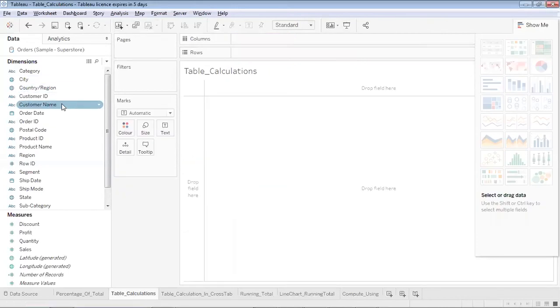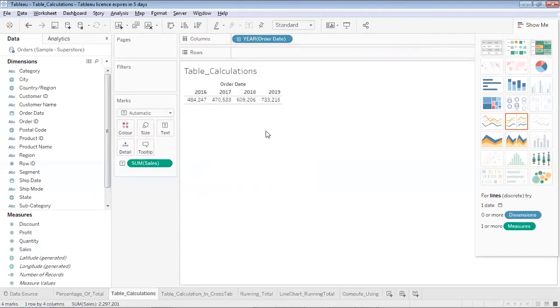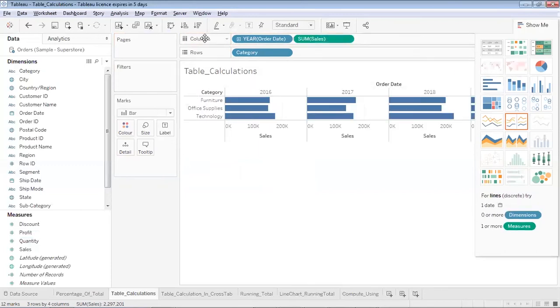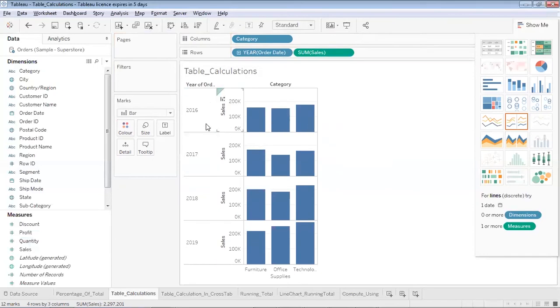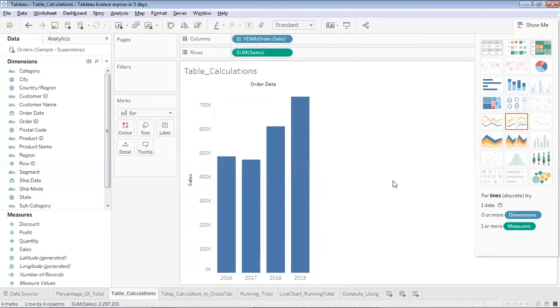So first of all, we'll drag and drop order date from dimensions onto our columns. Then we'll drag and drop sales over here. We'll convert it into normal table form. Then if I would like to see it across, say, categories, I can do that. So across categories, these have been the sales. Now if I convert it into some sort of graph, I can do that as well. So you can see across here, this is my net sales. Since I don't want to make it a bit complex, I'll just place order date over here and sales over here. So for each year, I'm getting the sales.